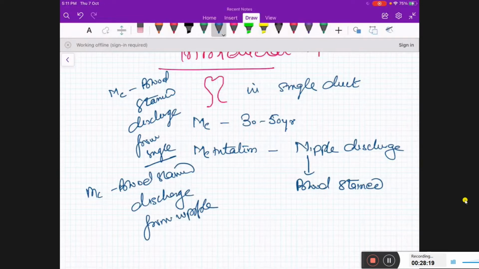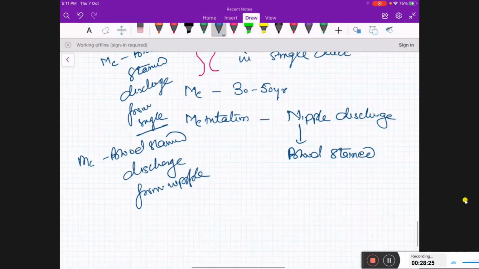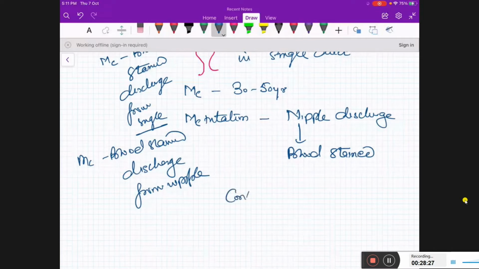Okay, so if you are asked the most common cause of blood-stained discharge from nipple, the answer will be intraductal papilloma. And confirmation of diagnosis of this condition will also be by